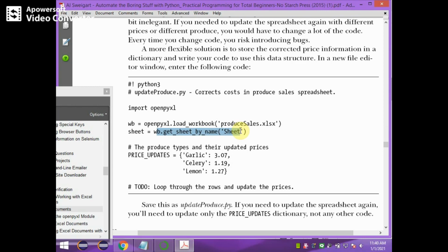The sheet name is Sheet and the reference is stored in sheet. Now the data structure, a dictionary called price_updates, has product name and price pairs. This is the data structure that we need to apply to the Excel sheet.